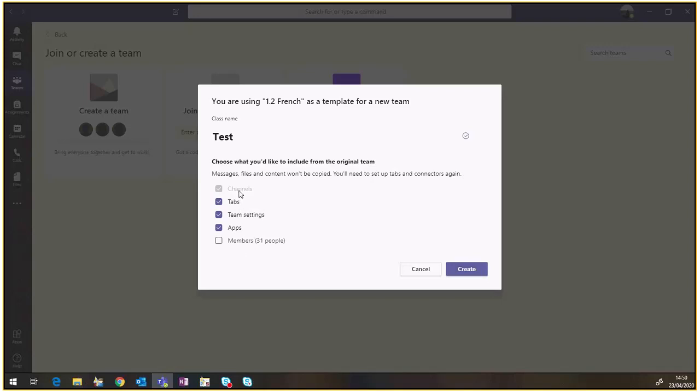But you can copy across the channels. This won't copy across the content from the channels, but the channels that you've created will be set up in your new team, just like they were before. It will copy across any tabs that you've added, the settings for the team, and any apps that you've added as well. Unfortunately, it won't copy across the files content, and you will need to do that yourself. So if we go ahead and create this team,